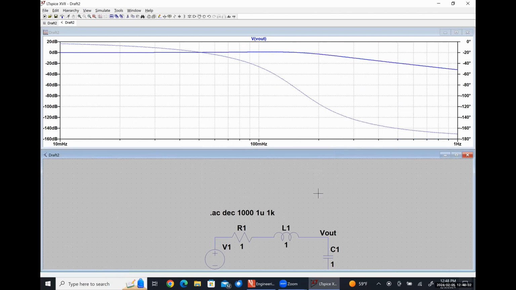A second order filter. So it might be a little bit hard to see,